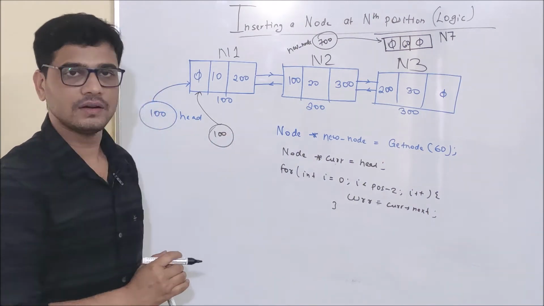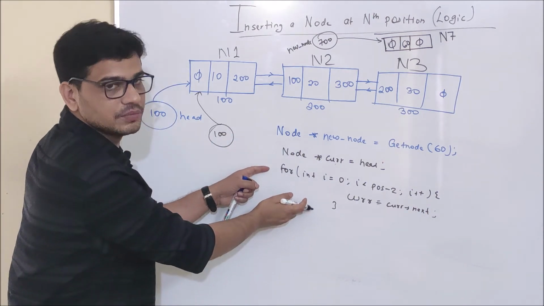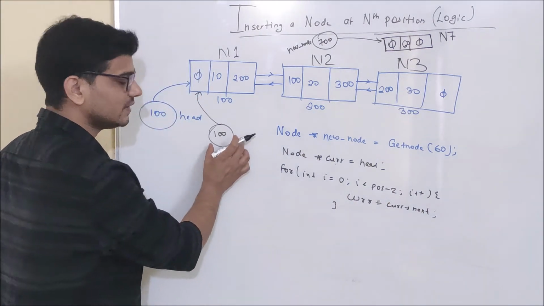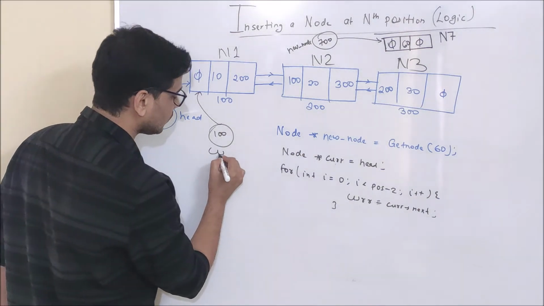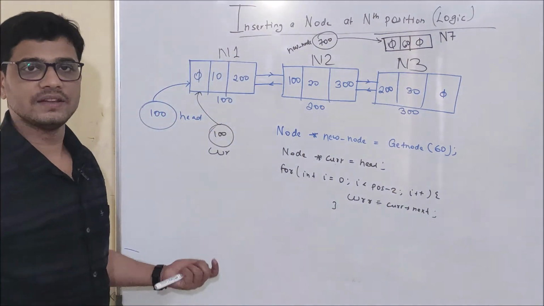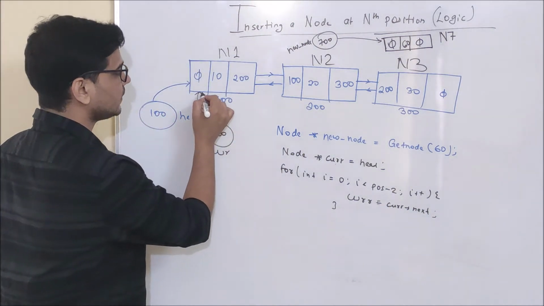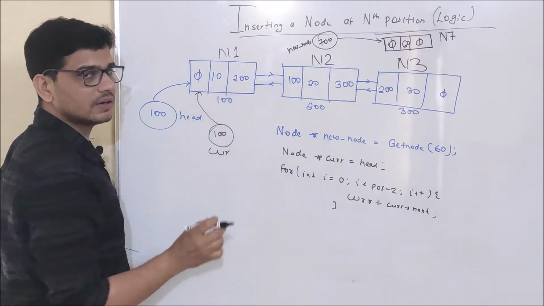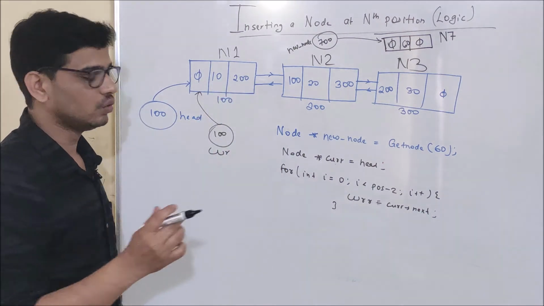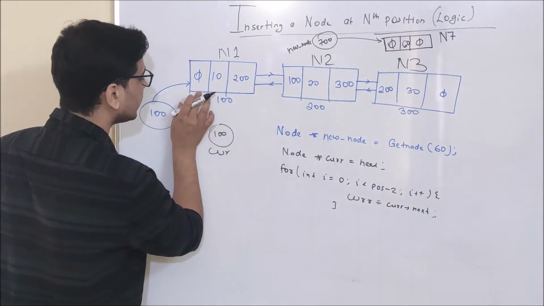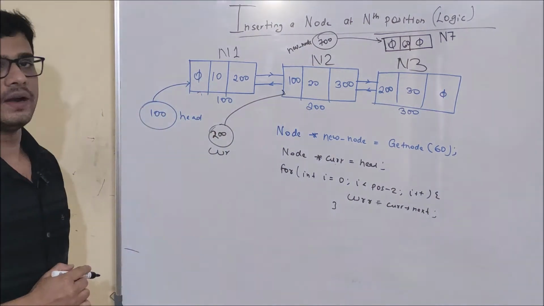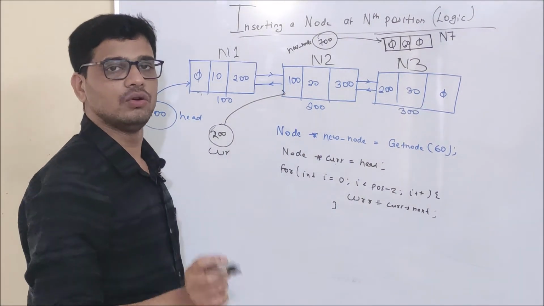loop, we will have 100 in cur, and after execution of this for loop, what will happen? This for loop will execute one time, and I will update this current pointer. So right now current is holding 100, so in current I will update current dot next. And what is current dot next? As you can see here, current is pointing to node 1, and current dot next will be the next part of node 1. And what do we have in the next part of node 1? 200. So we will update this current pointer to 200, which means now this current pointer will start to point to node 2.